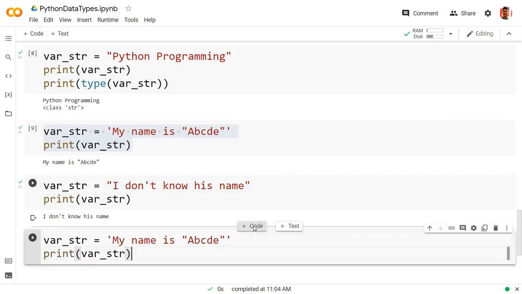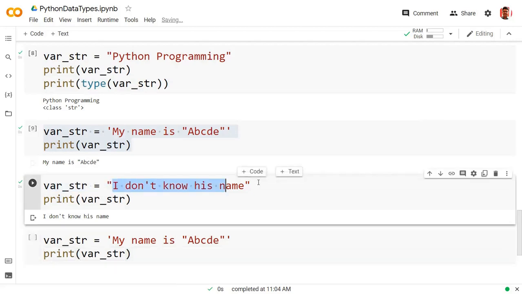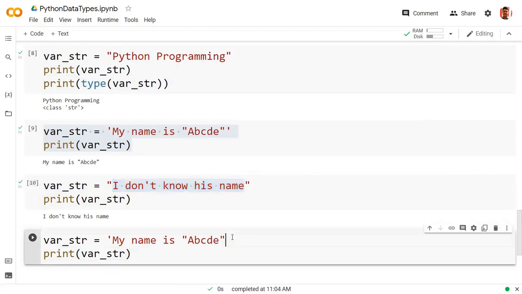Third condition. Now, the third condition is my name is ABC and I don't know his name. Okay, we have both kinds of scenarios in one string. So what will I do in such a scenario? Python suggests that you can use triple single quotes outside your string.